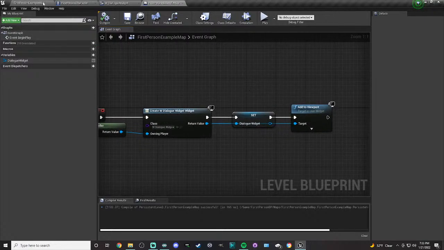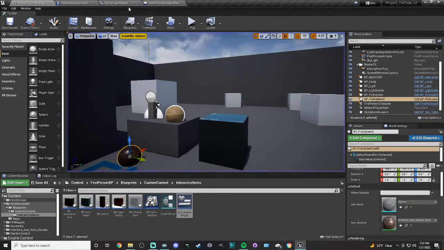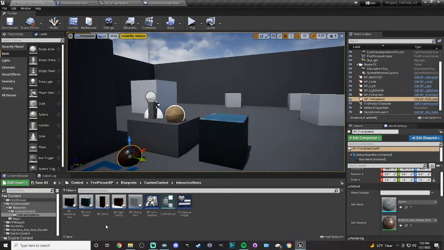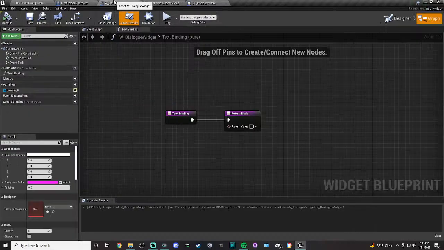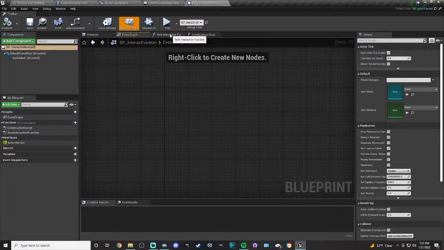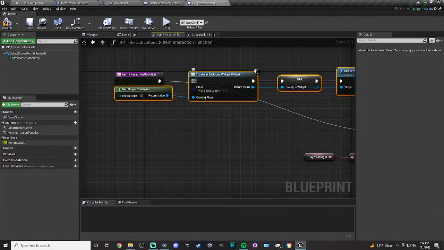Yeah, maybe I could do cheat codes or God mode or something like that. Let's test this. Yep, there it is. It worked. And it didn't show any text because there was nothing in here. Okay. So our interactive item is what's going to be displaying text. So let's basically take the way we did here in the level blueprint, and we're going to add it to the interaction function. Here it is. So when we interact with that cube or any other interactive item like it,